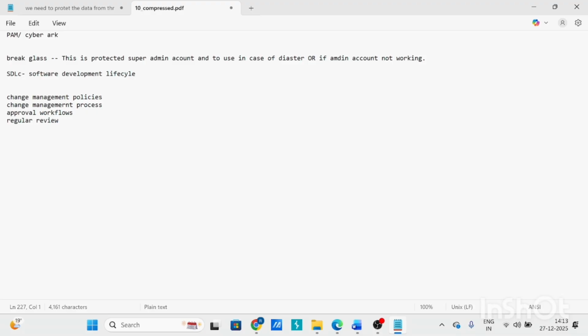I'm just giving an example. Your organization is producing at least 1000 TB of data per day, and you have multiple servers and multiple networks. If I talk about the servers, then